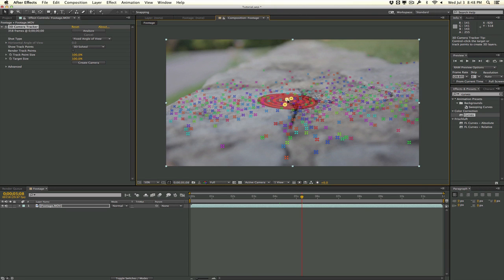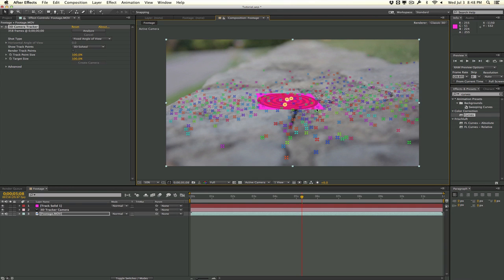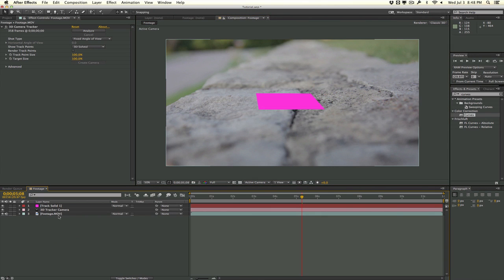So set that as the ground plane, then create a solid and camera, and this will create a solid right here where we want the text to be, as well as our virtual camera. Now, we're not going to use this camera necessarily in After Effects for this particular case, but we will use it for Cinema 4D. So let's go ahead and take a look at how to export all this data here